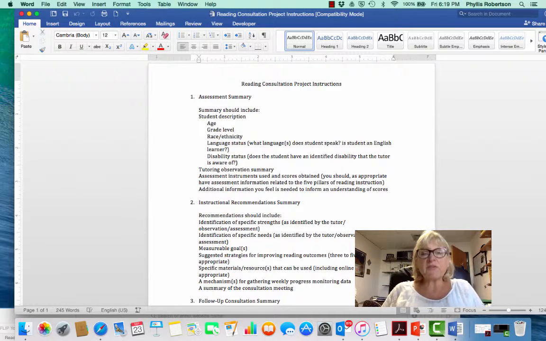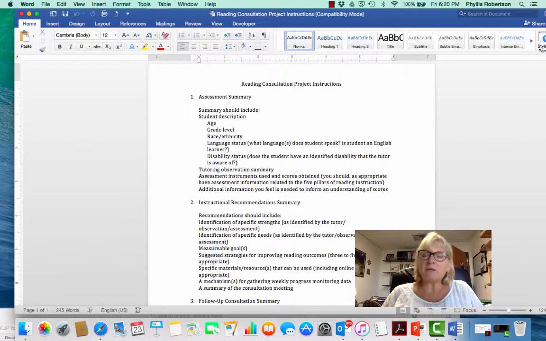When you assess fluency, I want you to be able to tell us how many words correct per minute the child reads and to identify an appropriate instructional reading level. So again, that's the highest level of text at which that child decodes with at least 90% accuracy and has a rate that is appropriate for that level of text.